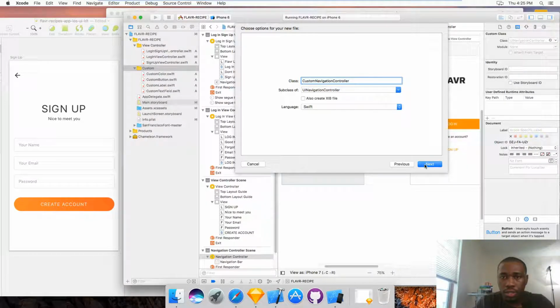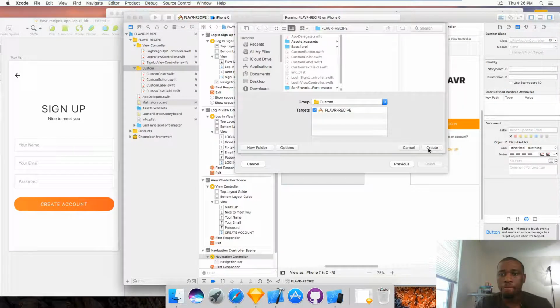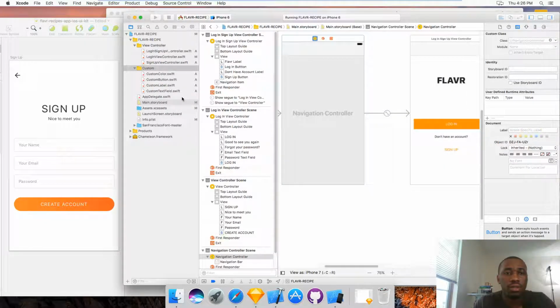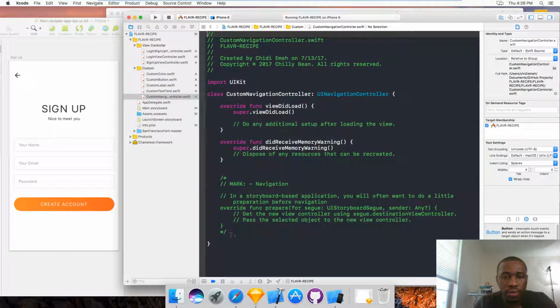All right, I'm going to hit next. The subclass is UI navigation controller, and the class is custom navigation controller. Hit next, create, and finish. So now this class is created, and